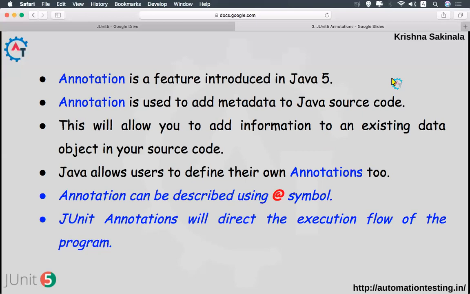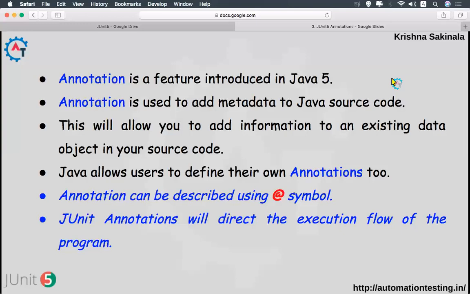JUnit 5 annotations will direct the execution flow of the program. This is the important point: annotations will direct your program how to execute. They will instruct your program which one to execute first, which one to execute last, which one to execute now. That kind of instruction can be given by annotations.